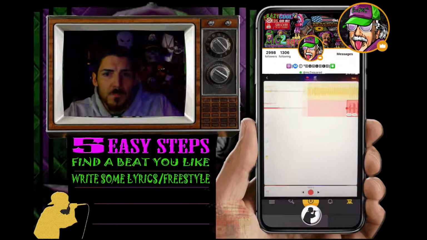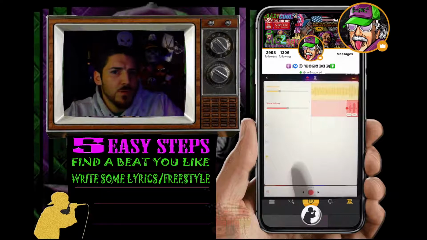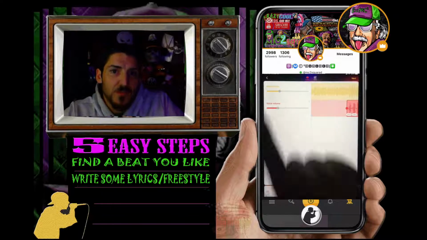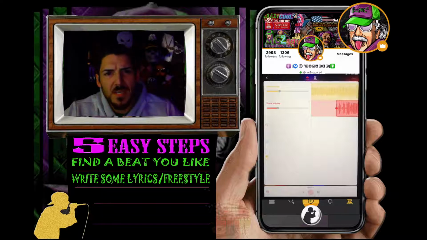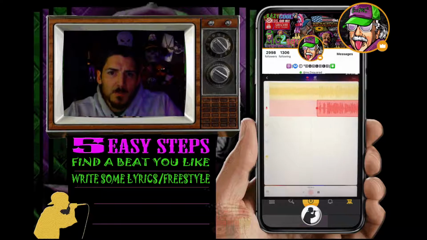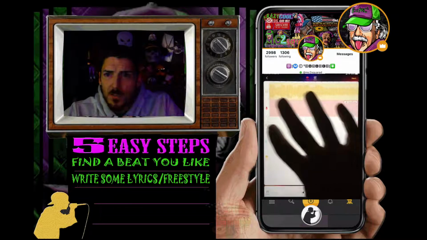Now I'm moving on. But first, see the difference in the volumes? That's where they come in. My vocals are way louder than the instrumental, so in my opinion, I've got to turn that down. So there's your volume, and you get access to that on the bottom left. There's a little equalizer symbol, and you click on that, and that's going to bring up your volume access. Once you get the volume where you want it, and you can always keep adjusting that,